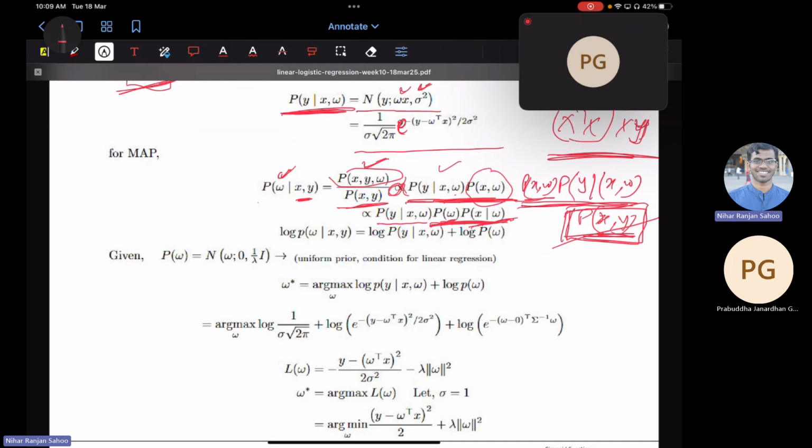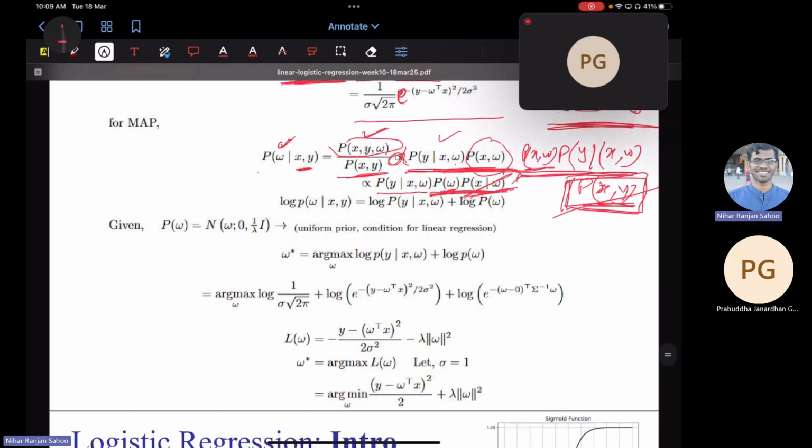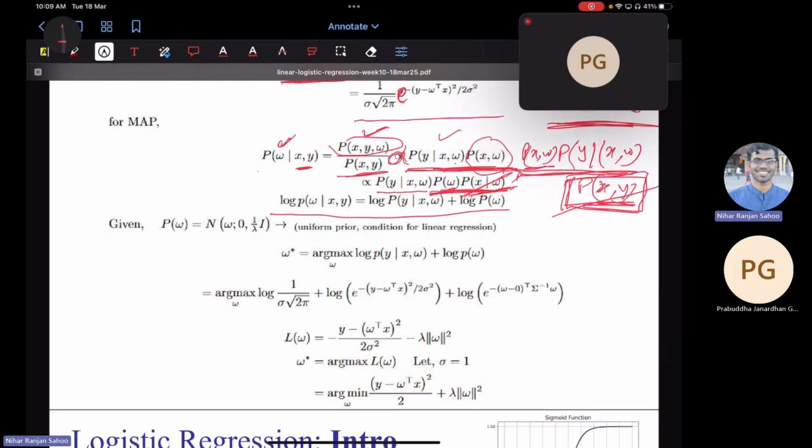Probability of x given w is again insignificant for us because x is the input data. We are not estimating the probability of x from the model parameter. It's rather the opposite. We try to estimate the model parameter from the given data. So this is also something you can ignore. I'm ignoring it in the multiplication step, but once you convert it into log space, it will be an addition. So you can ignore that because it will be some constant. Then finally,